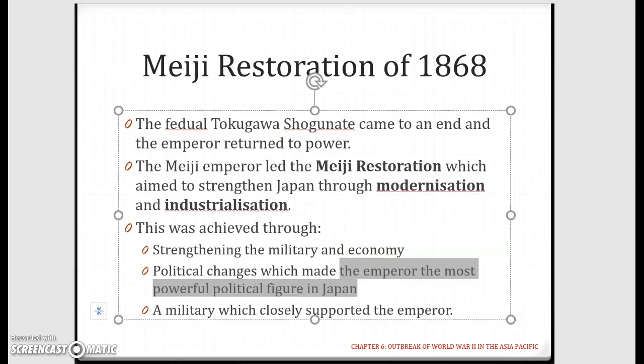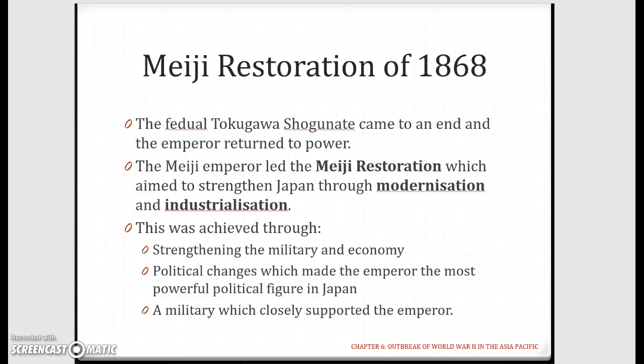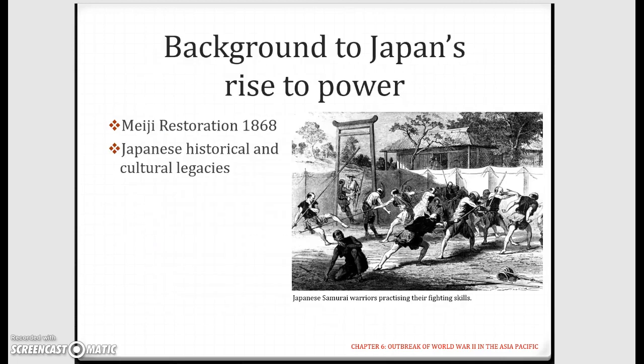So with that, you would see how in World War II when it was being fought, if you watch any movies that have to do with Japan, you will see that they always go banzai, which is the Japanese way of saying long live the emperor. And then you have the military, which closely supports the emperor. So everything comes back to the emperor, and it becomes the focus. Like, are you honoring the emperor by dying for your country? That kind of thing. Okay. So that's the Meiji Restoration.